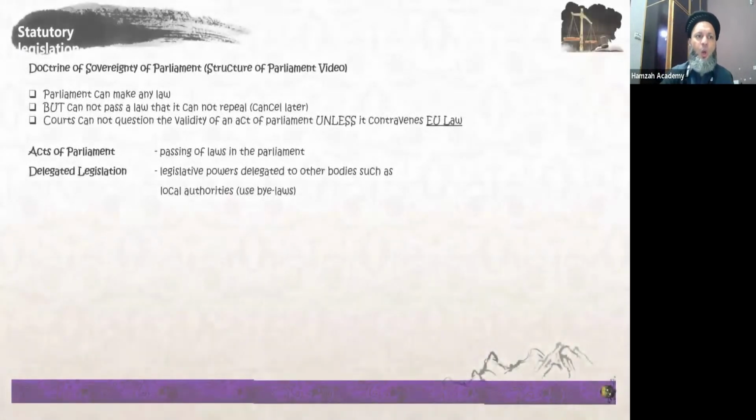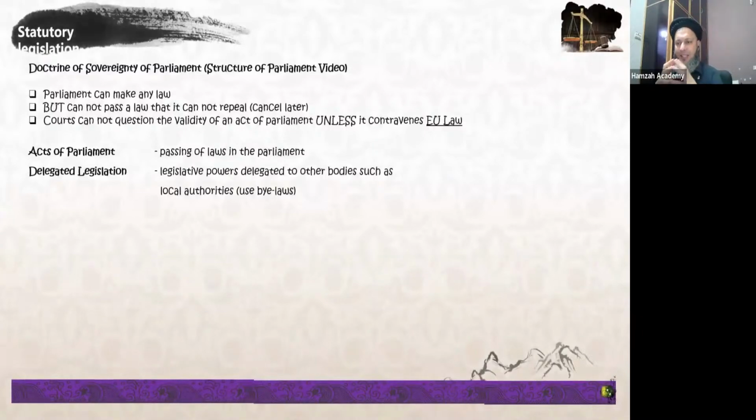Now, the basic concept for today is how laws are made in the UK and what the different types of legislation or law are. Whenever the word legislation is used, it means parliament-made law. Number one, parliament can make any law. That is the basic principle, that parliament can make any law. But